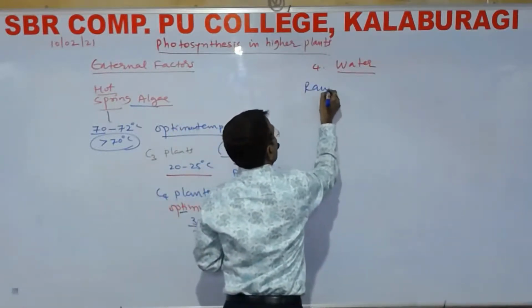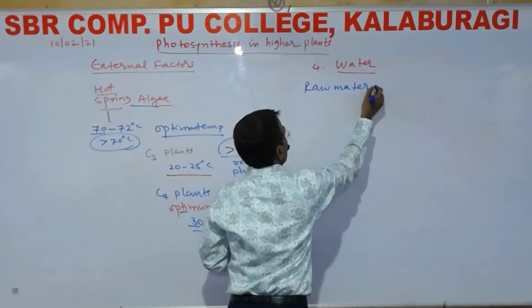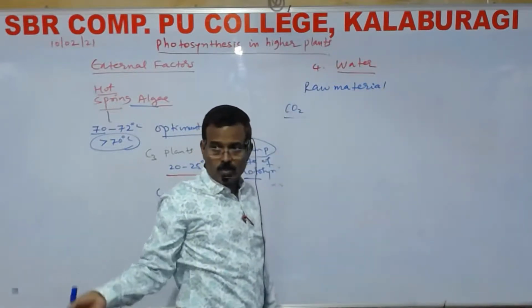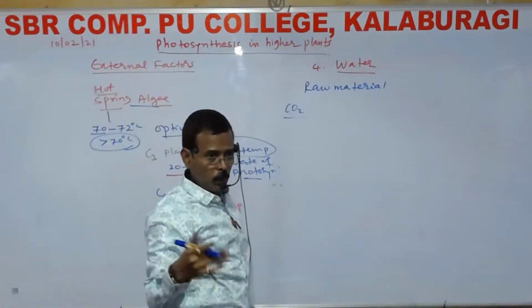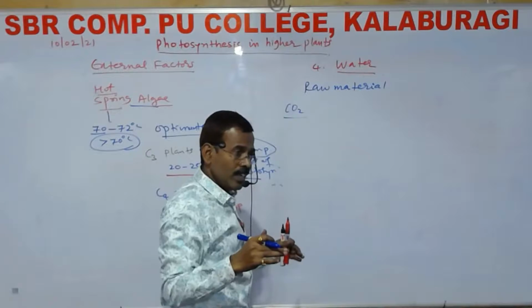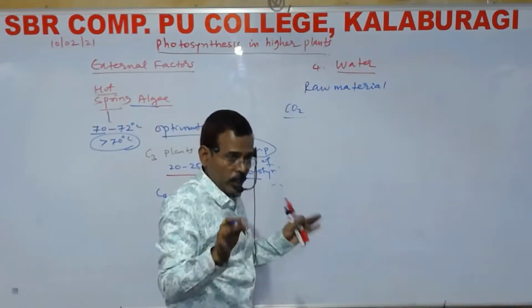It is a raw material used in photosynthesis along with carbon dioxide. Water is the source of oxygen, water is the source of protons and electrons. Usually, water cannot be a limiting factor